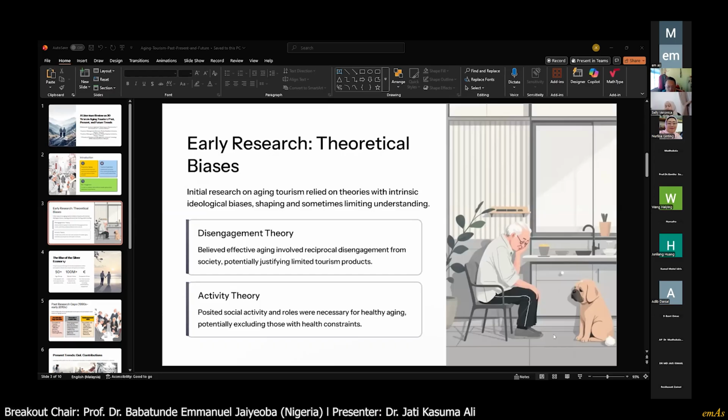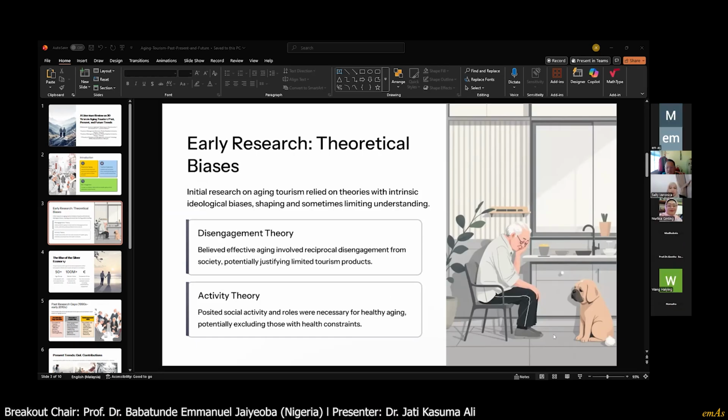Later, life is no longer viewed solely as a period of decline, but as a time for active engagement. This shift, combined with massive tourism expansion, has made the intersection of gerontology and tourism a fertile field for research. Crucially, we are seeing a shift in focus. Tourism is no longer just about leisure. It is being recognized as a strategic intervention for life satisfaction and healthy aging.